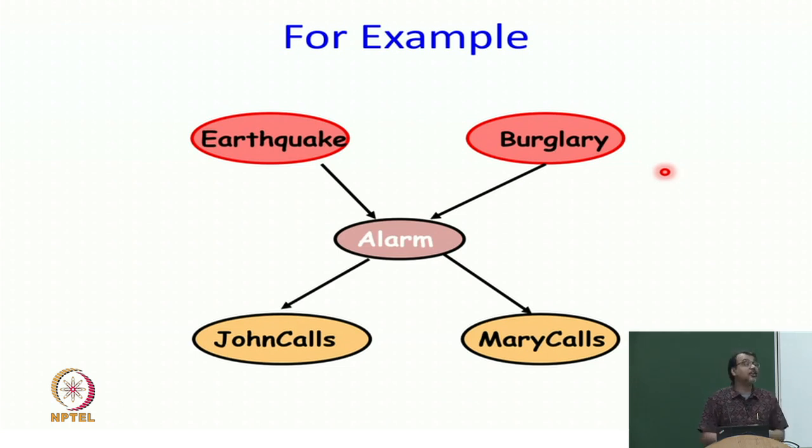Again, let us think intuitively. John has called. By knowing earthquake, does that change my probability distribution of burglary? It does. It is not independent. Why? Because John has called. There must have been an alarm, or at least that increases my probability of alarm. Because the probability of alarm has increased, I am interested in explaining that out. And if earthquake has happened, I have now explained it, my burglary probability goes down. So, therefore, by knowing John has called, now earthquake and burglary have become dependent.